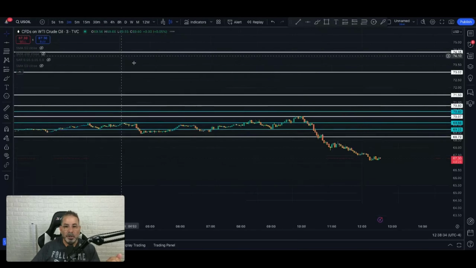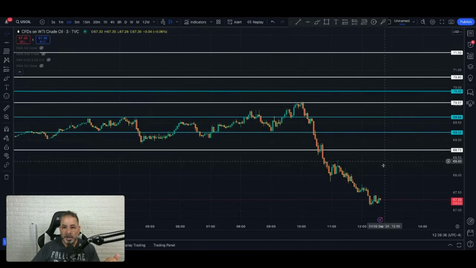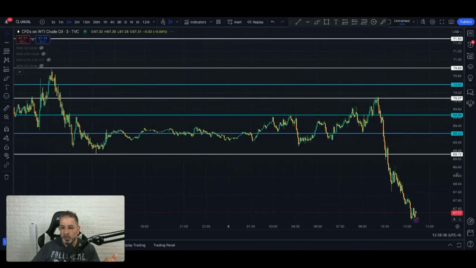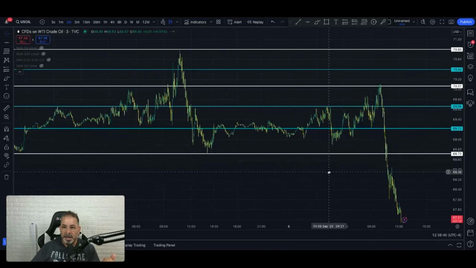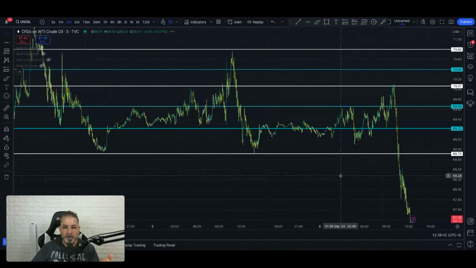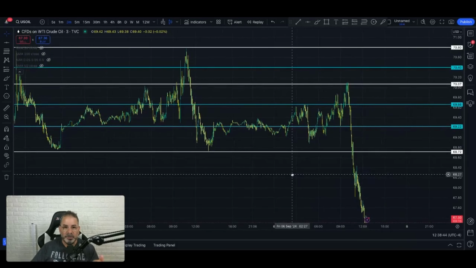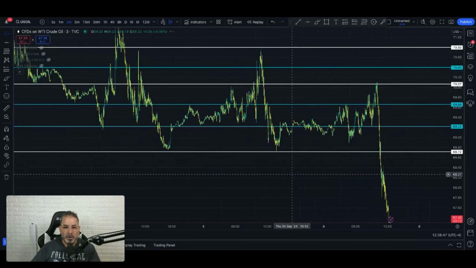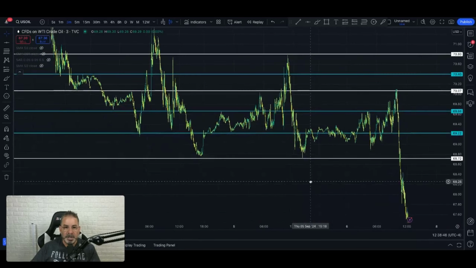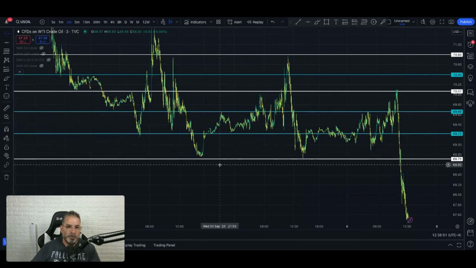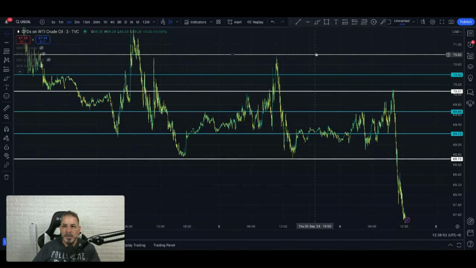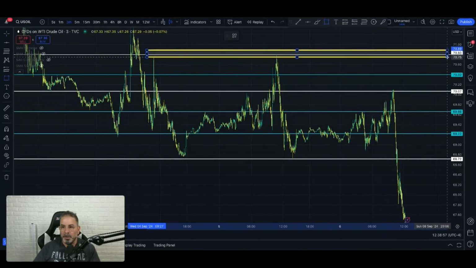Okay. Now we drop down to the 3. And this is where I want to look back, and I really want to see on the 3-minute time frame what price has done at these certain levels. Because this is where I can really begin to see price levels. So if I'm going to go this far back, this is now where I will draw, because I'm a visual person, I've got to have these big boxes.